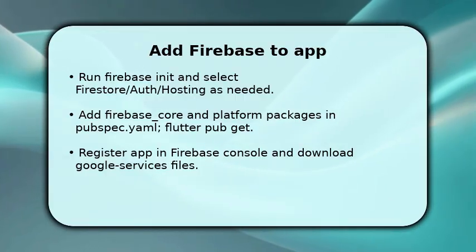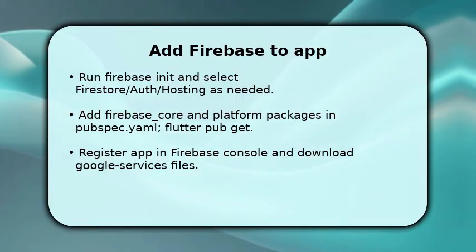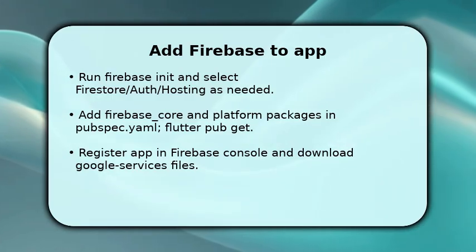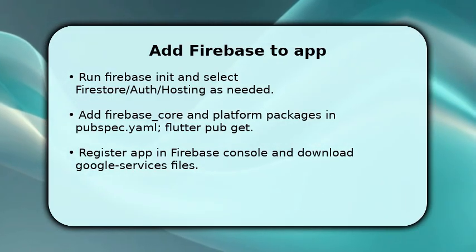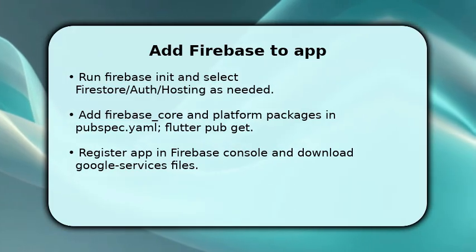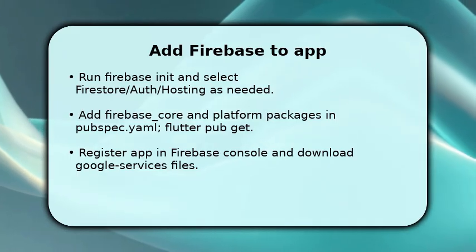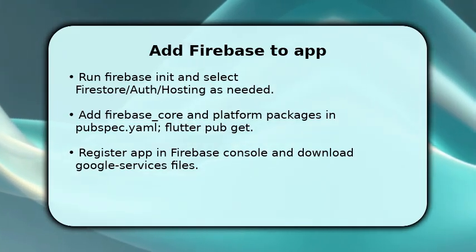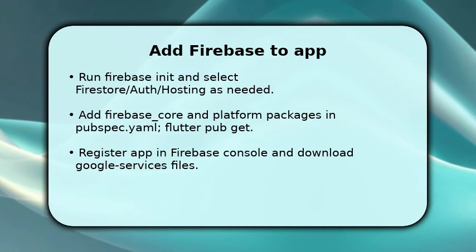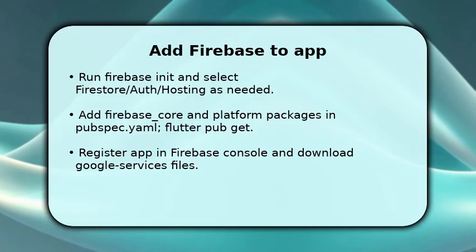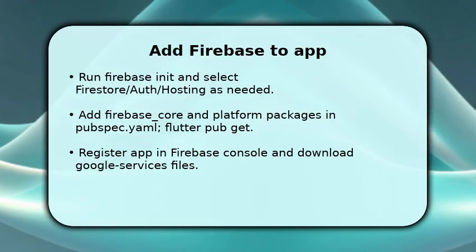In VS Code, edit pubspec.yaml to add firebase_core plus platform plugins like firebase_auth or cloud_firestore, then run flutter pub get to fetch packages. Register your Android and iOS app in the Firebase console, then download google-services.json for Android and GoogleService-Info.plist for iOS. After that, place those files in the native folders so the app